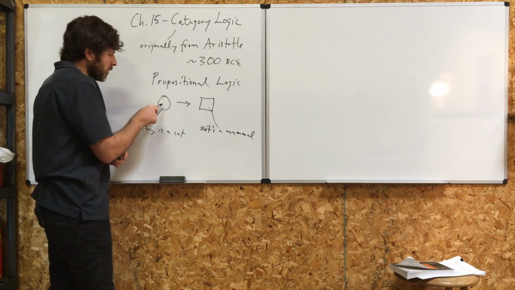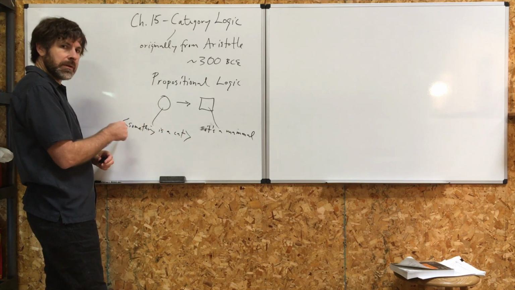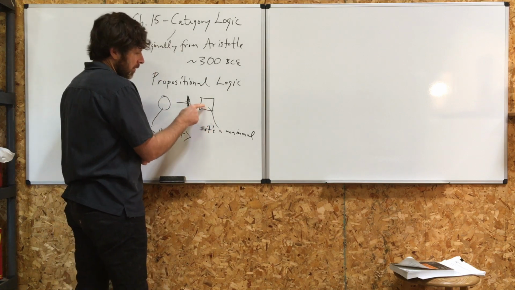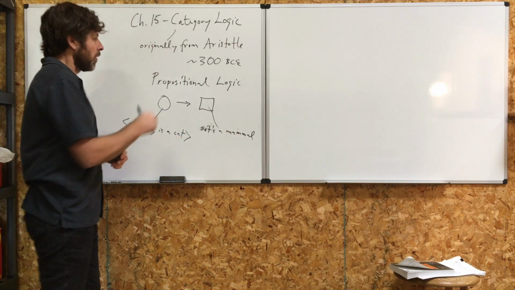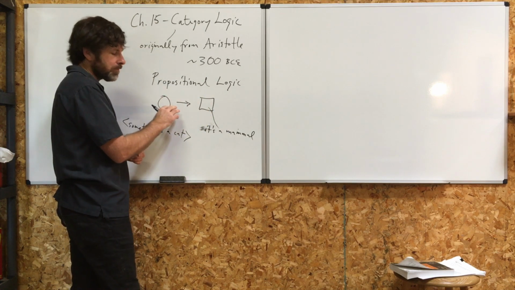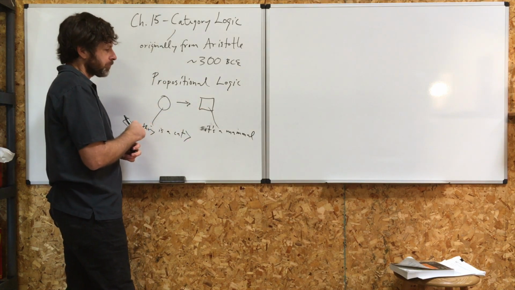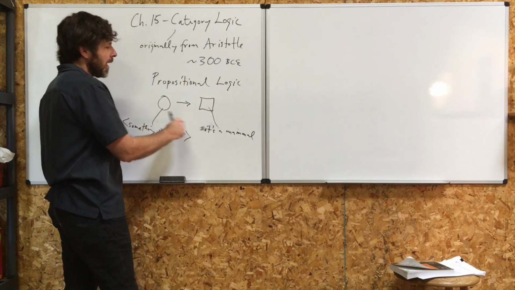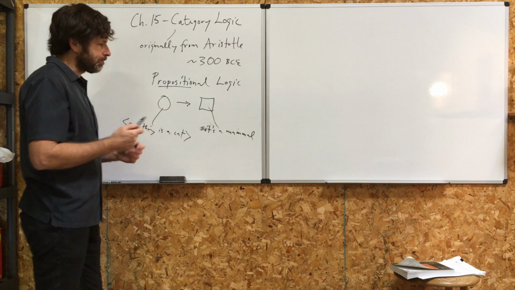Notice that what goes in circle right here is itself a proposition or statement. It's either true or false. It's a sentence: something is a cat. Here we have the statement, it's a mammal. So a logical system that uses statements of this form, circle and square, circle or square, circle double arrow square, is going to be called propositional logic because the components of those statements are made up of propositions.